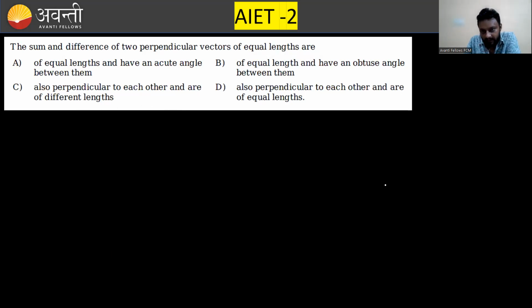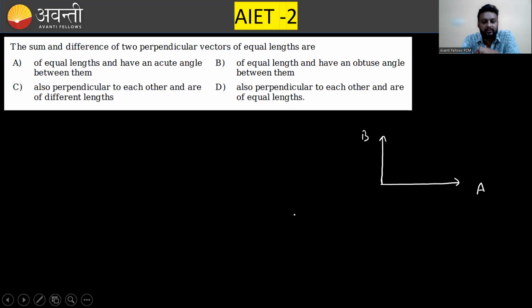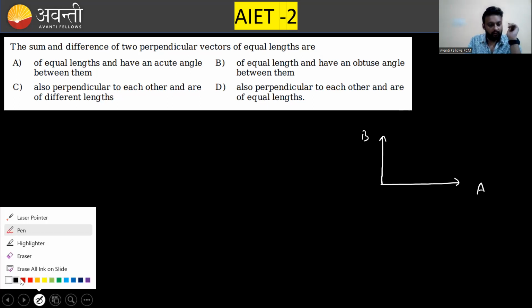Let's suppose these are two perpendicular vectors. This is vector A and this is vector B. Clear? These are two perpendicular vectors, and both of these vectors are of equal length. Okay. Now,